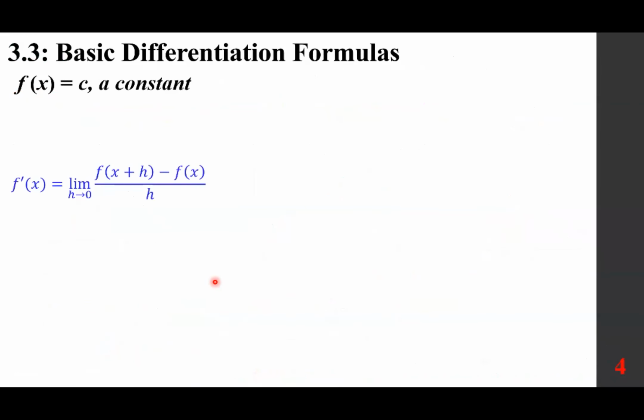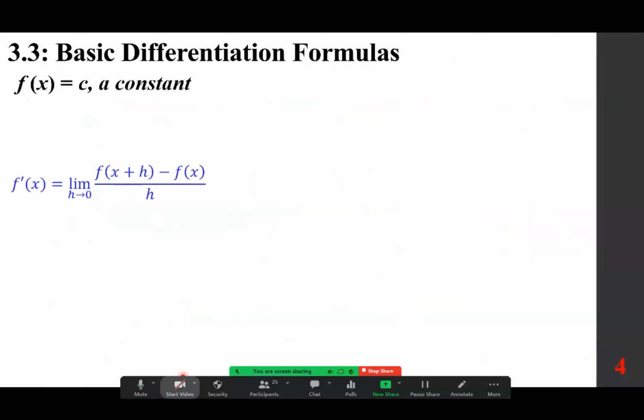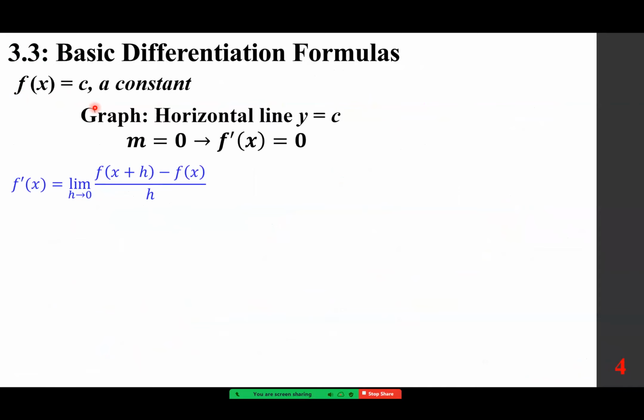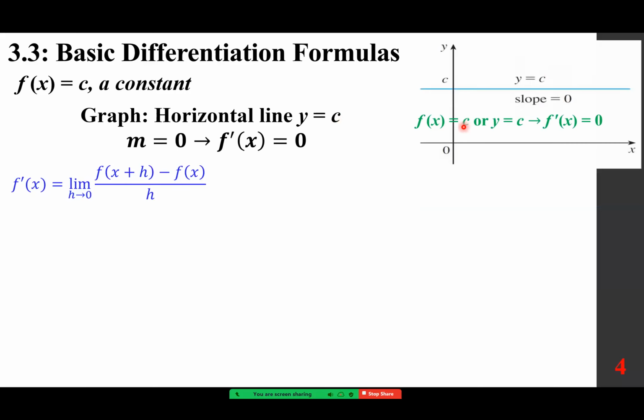And now we want to go to basic differentiation formulas. We start with the constant. f of x or y equals c. It's a constant. We know any constant is a horizontal line, and any horizontal line, its slope is 0. So this is one way to approach that